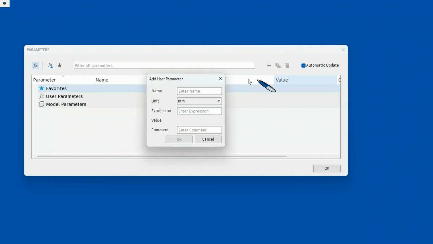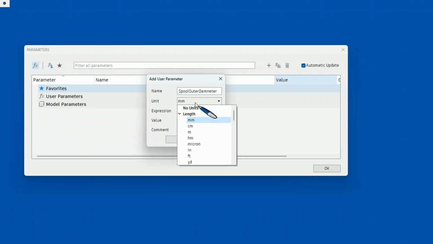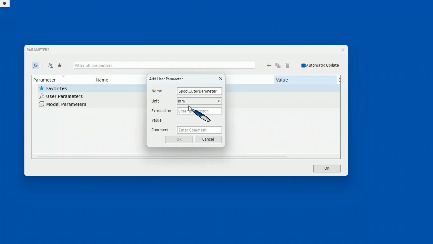So if I hit the plus button, it'll ask for a name. So I'm going to say spool, and we can't use spaces in here, so it's either camel case or underscores. So spool outer diameter. It will be measured in millimeters, but I may have it that it's got no unit, so if it was a count or some other measurement, but I'm going to work in millimeters. The expression is, in my case, the number of millimeters. So for me, I can't switch, but I'm going to make it 200 millimeters across for my reel, so 200,